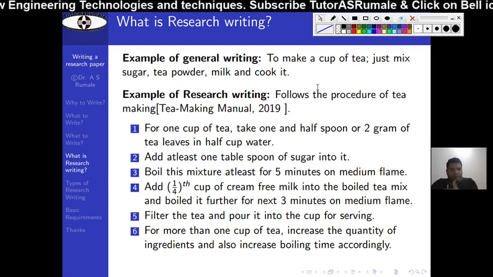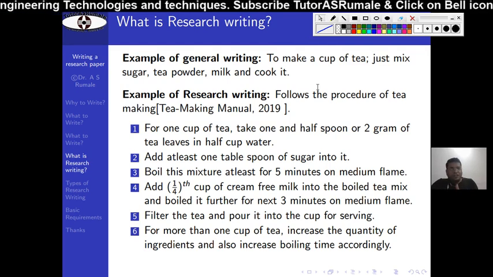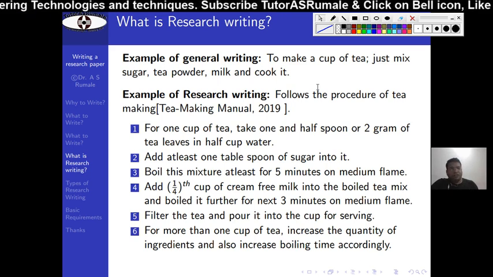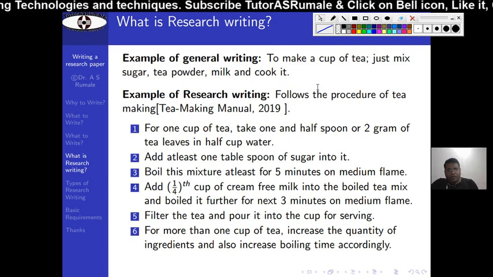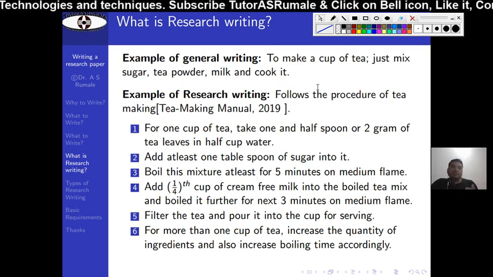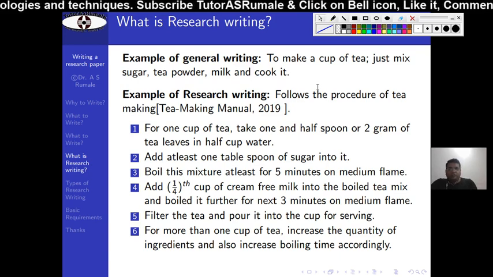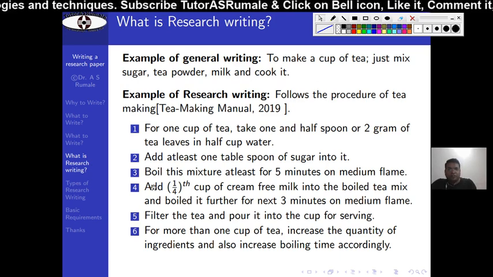When you say research writing, you are placing the facts very harshly, no emotions involved. In fiction writing you are simply adding the emotions. So this is an example of general writing, and this is an example of research writing.